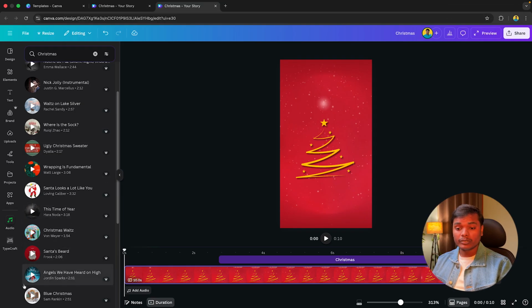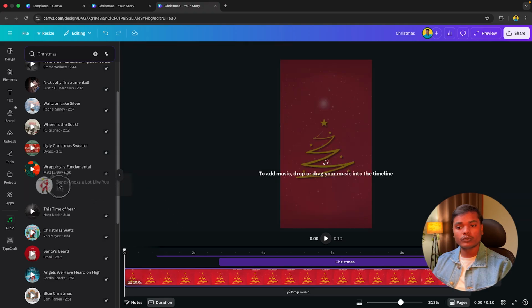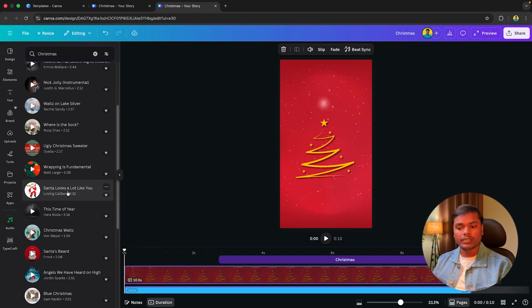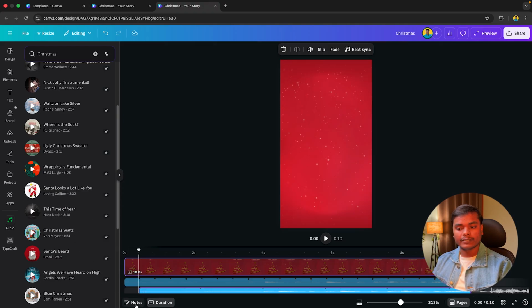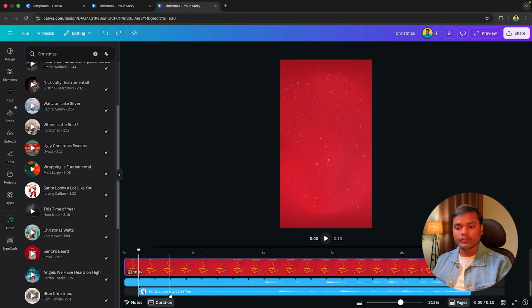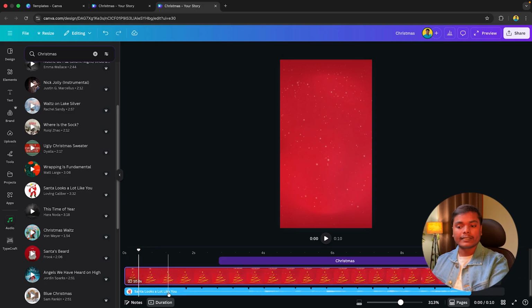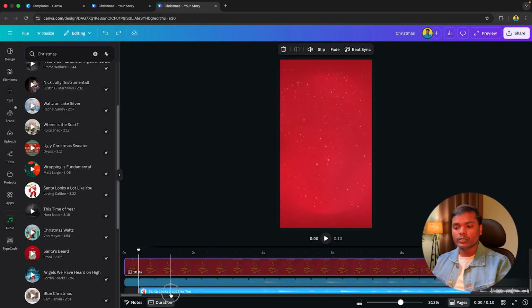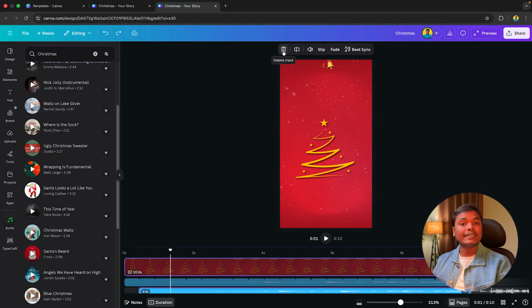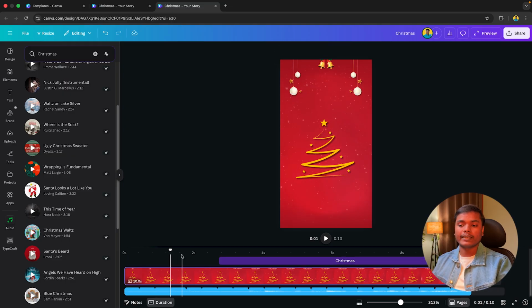And remember one thing, whenever you are going to play another audio, make sure to pause this audio. Otherwise, the previous audio and next audio will start playing simultaneously and the voice will not be clear. So remember this thing. If you love any of this audio, what you have to do is just click on this option just like this. Otherwise, you can just drag it like this also. And if you want to delete any of these, you can select this audio and click on the delete button. Or you can do one more thing. If you see here this option delete track, you can just click on the delete track